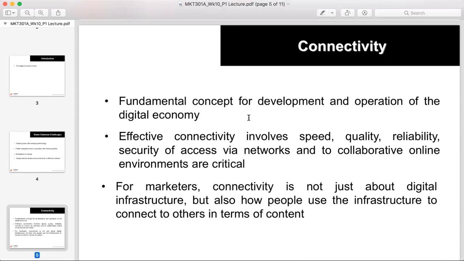And actually, in terms of digital marketing, digital economy, the big message is actually the connectivity. Okay, it is the foundation in the digital technology, where it allows us to be connected more digitally. Okay, and with that, marketers can gain some benefits because they can build the connection or the relationship with the customers better. Remember, the essence of marketing is actually building the relationship with the customers. Okay,